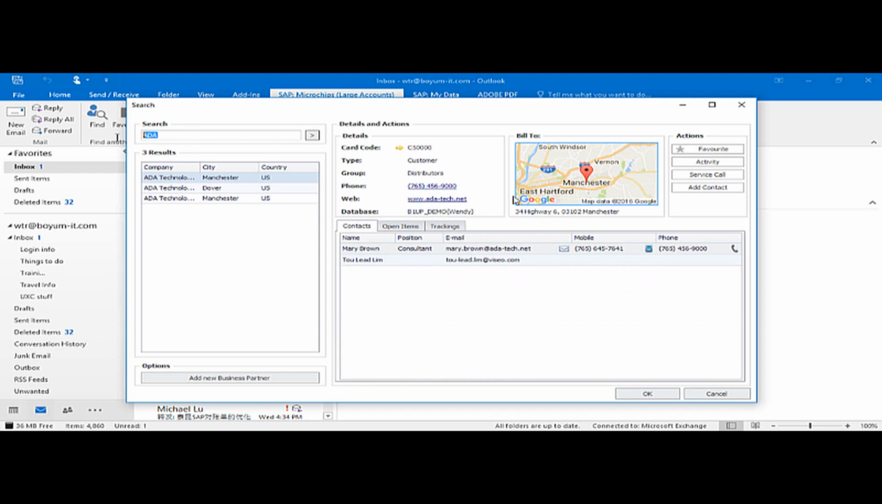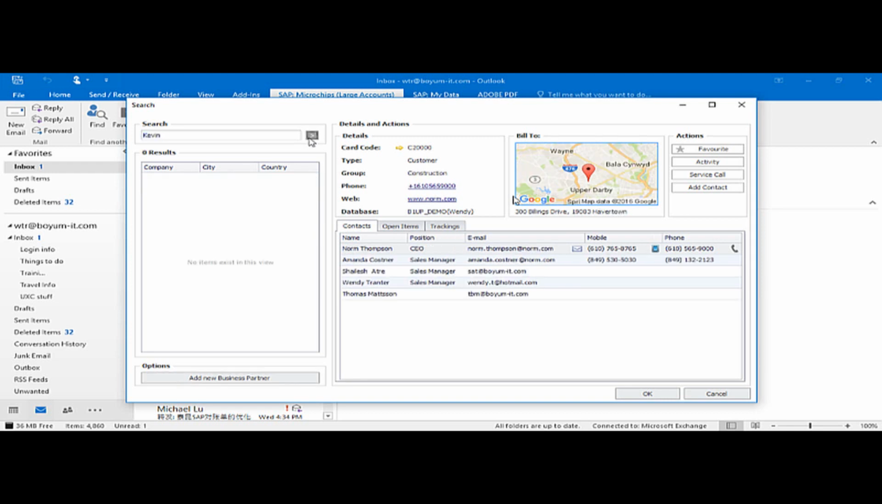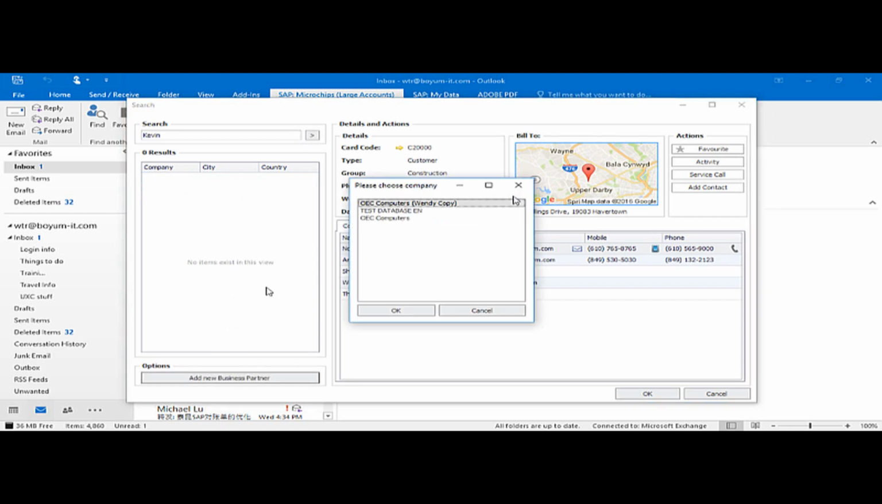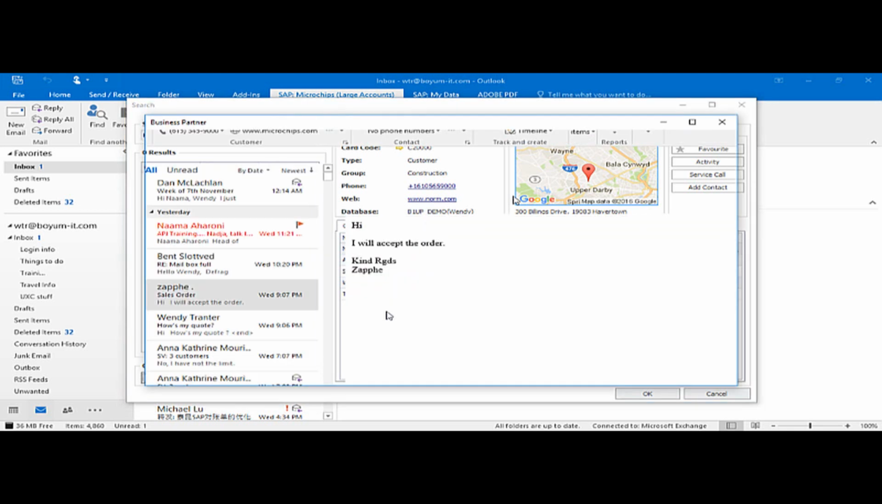So let's say I have a brand new customer. It's never been entered into SAP Business One. Then what do I do? So first I will search the name to make sure it is indeed not in SAP Business One. I will search for Kevin Smith, and Kevin's not here. So now I can click my Add New Business Partner button, choose the database I want to add this business partner,